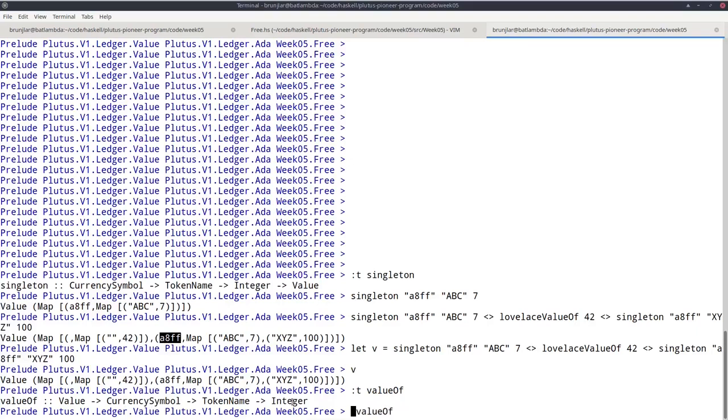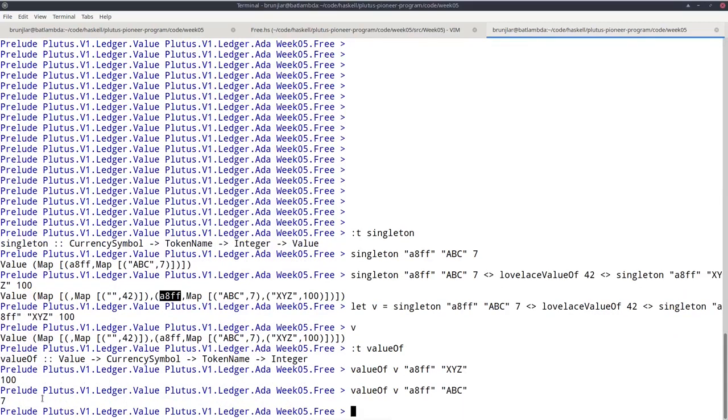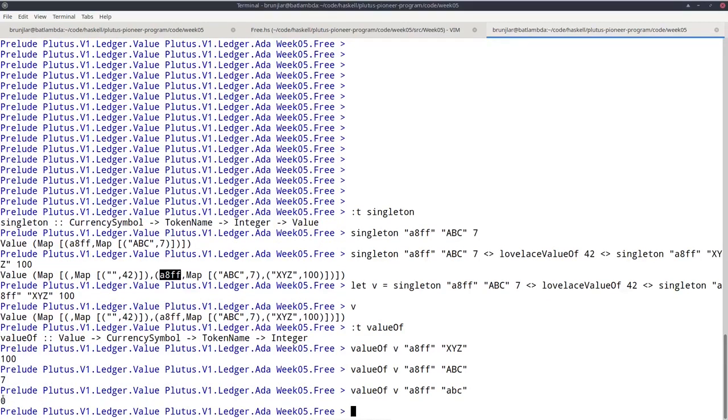So if we try that with our V, value of V, and take currency symbol A8FF and as token name, for example, XYZ, then we get the 100 back. If we take ABC, the 7. And if we take a token name that's not contained in the value, ABC lowercase, we get 0.